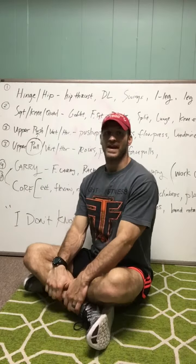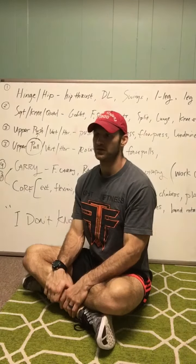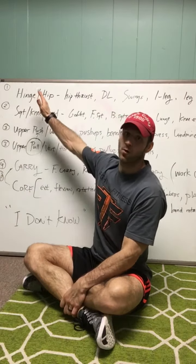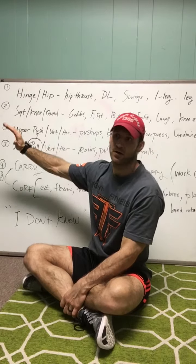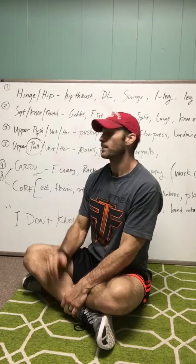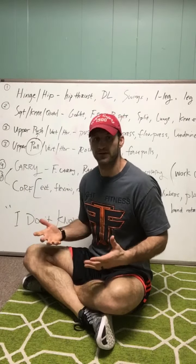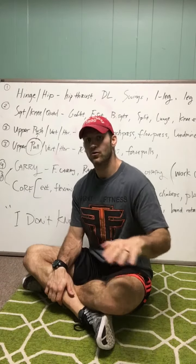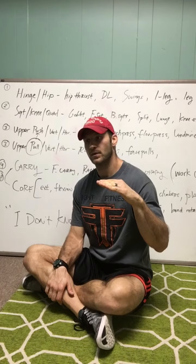Next, we have like a carry, or what I call movement, all right? This would be a movement pattern. If you were to start at the beginning with a beginner, I may pick one leg exercise, one upper body pulling exercise, one upper body pushing exercise, and then a movement, all right? Movement as far as carry could be any type of farmer's carries, things like that, but as a beginner, I would just, as simple as doing crawls, crawl pattern, learning how to move efficiently and more like we were designed